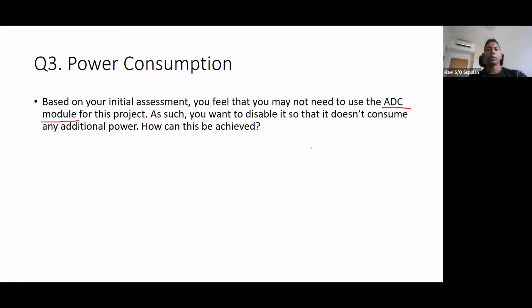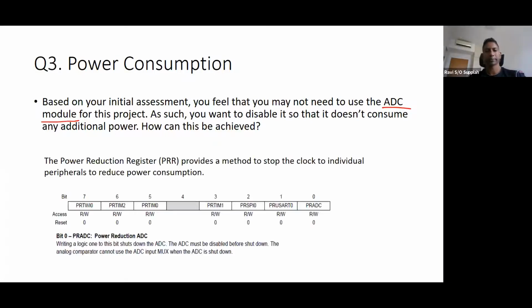So most peripheral blocks in the microcontroller can be switched on or switched off depending on whether you want to use it or not. This register here, called the power reduction register, PRR, is able to do that for us. And it has individual bits to control the power to different subsystems. For example, your timer 0 that we have seen, and then we're going to be looking at UART, ADC, and so on.